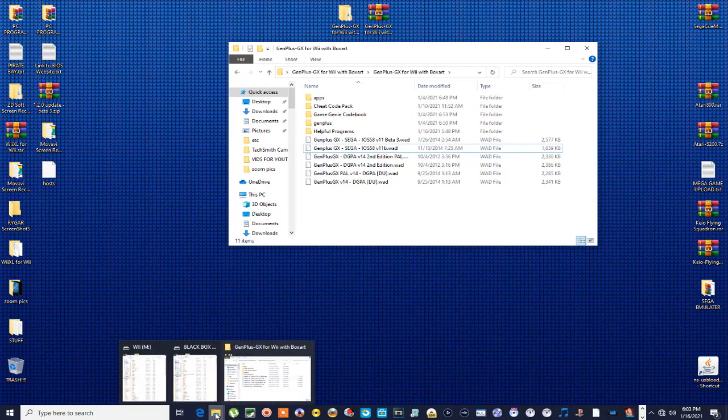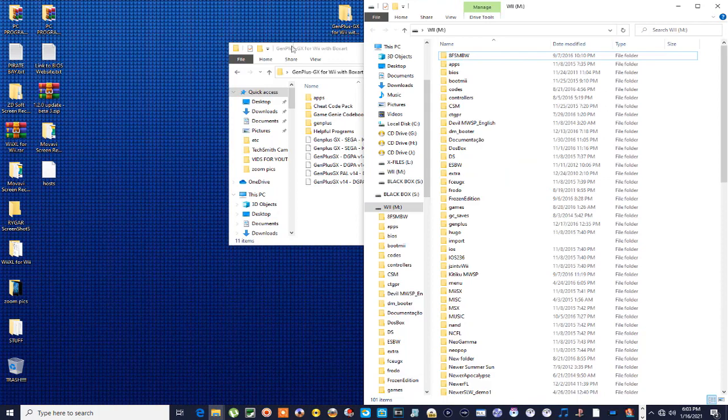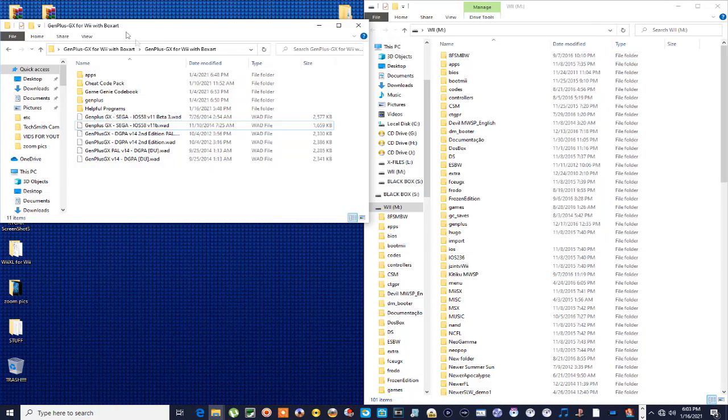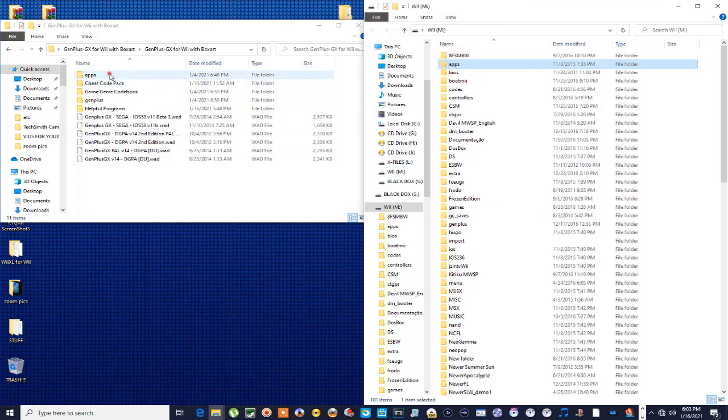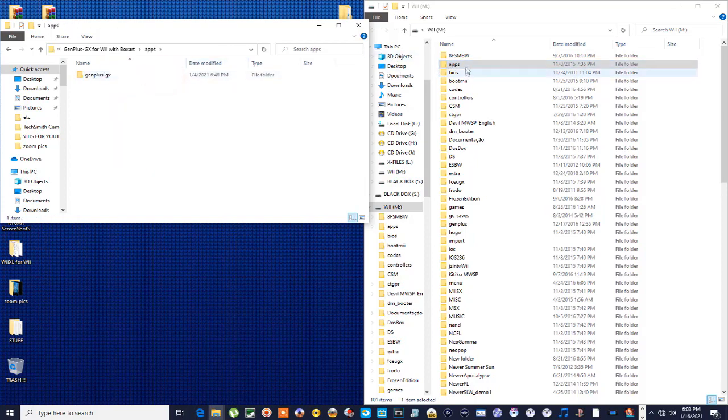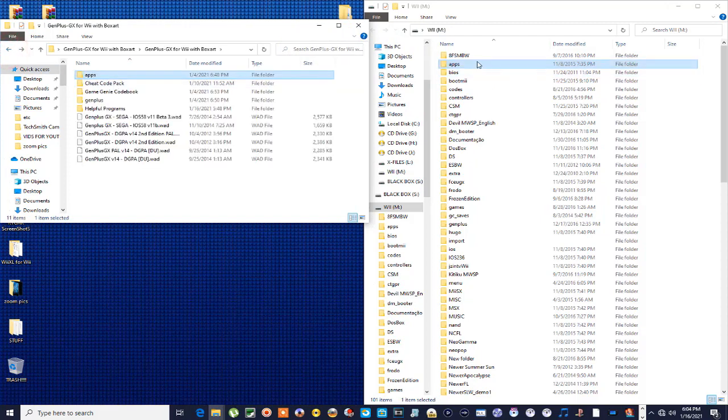So first of all, we're going to the SD card here. Alright, so here's my apps folder. I've included the apps folder here. You simply can just drag and drop this over here, guys, and merge the folders. Go into it, just drag and drop it right here into the apps folder if you want, however you want to do it. The contents of this app folder is supposed to go in the apps folder on your SD card. Okay,